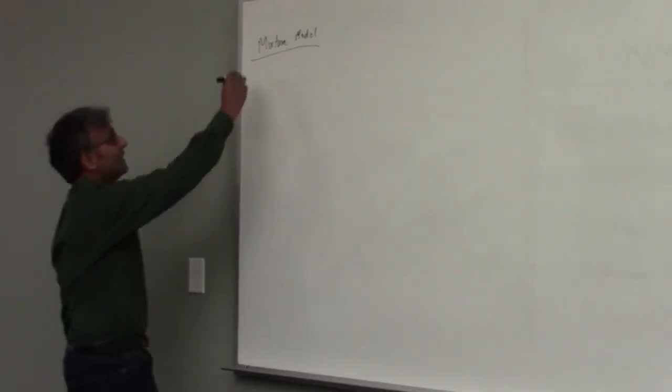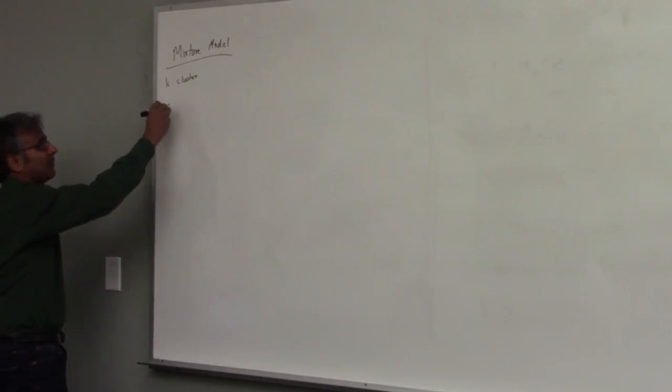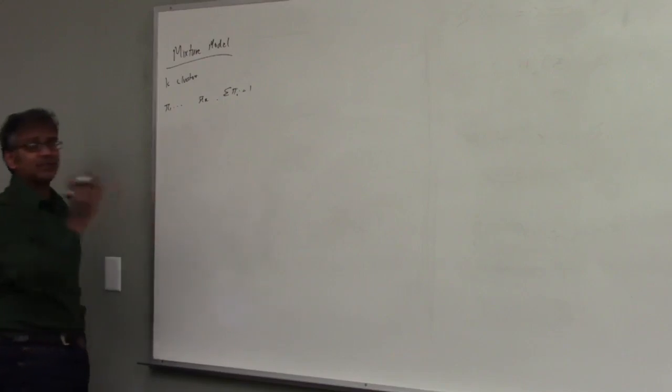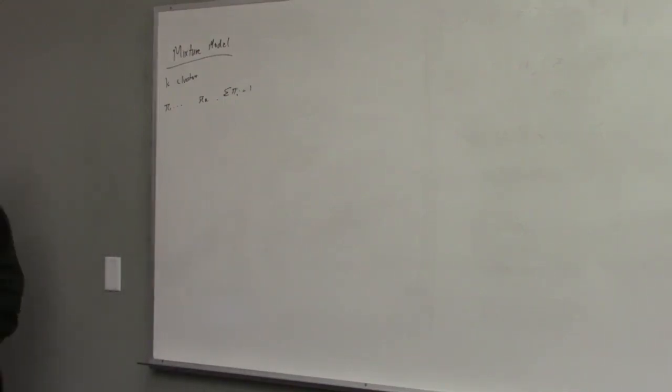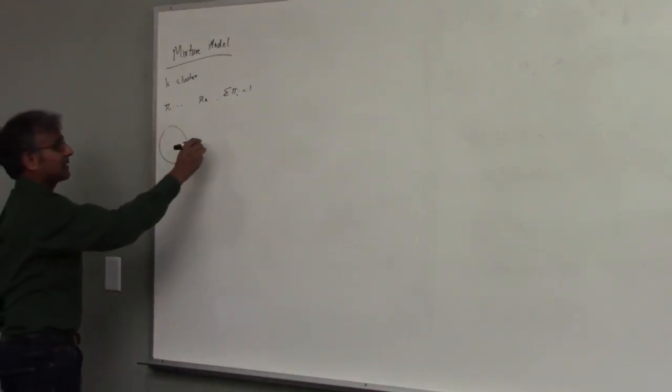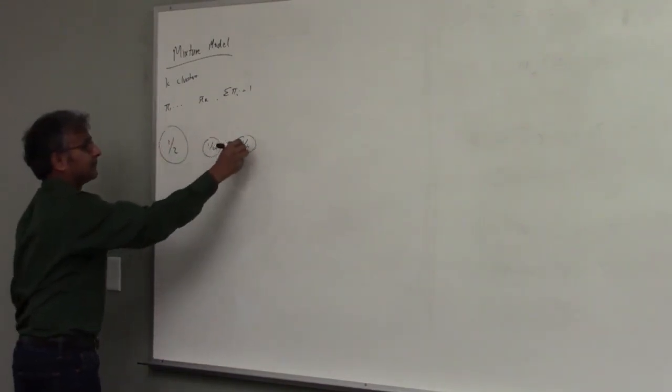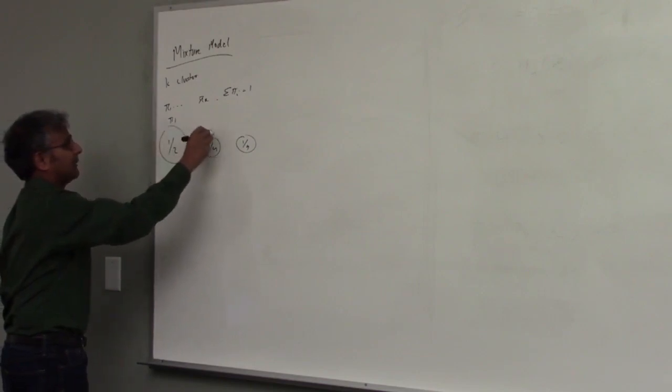So in particular, you have, let's say, K clusters. And you have first of all some description of what size each cluster has. And of course, we're talking about distributions, so not size so much as probability. So there's some set of probabilities, pi 1 to pi K, with sum of pi i equal to 1, that describe the relative weights of each cluster. So maybe one cluster is big and has half the mass, and there are two clusters that have 1/4 of the mass. And that's the pi 1, pi 2, pi 3.